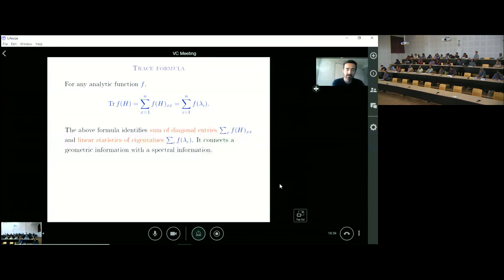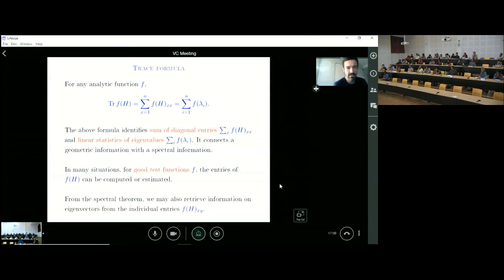If you choose your function f carefully, you can access essentially all the information you want on the lambda_i's, provided that you can estimate this trace for these functions. As we will see, in many matrix problems, for good test functions, you can estimate, compute or bound these traces. That's what this course will be about.